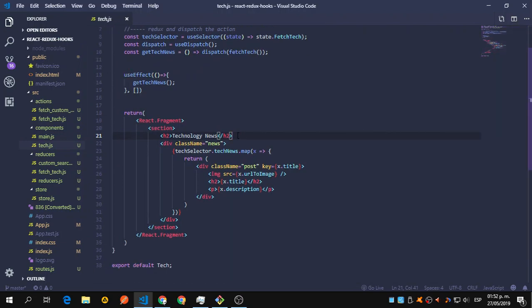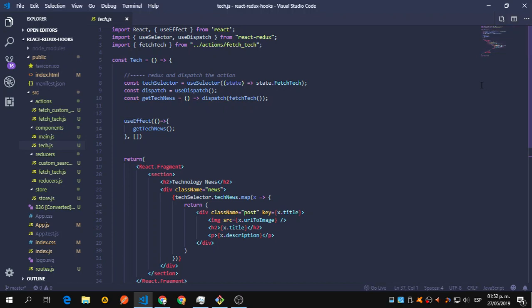Okay, and since it's going to run when the component mounts, I don't need to check because at this moment I know that it always is going to return something. Okay, I'm going to just map it and use the same return a div className post with the key as the title, an image, and the title and description. Okay, we don't need to use connect anymore,